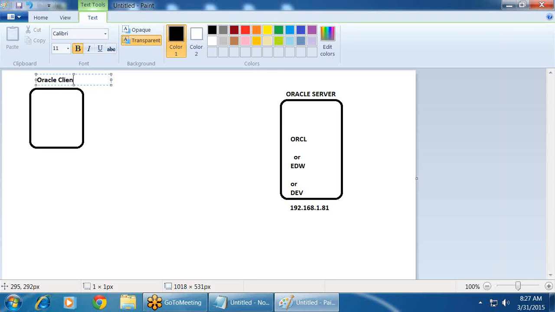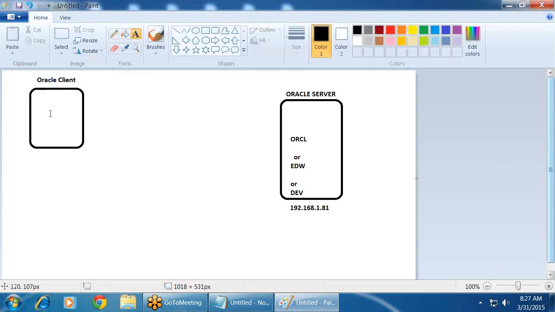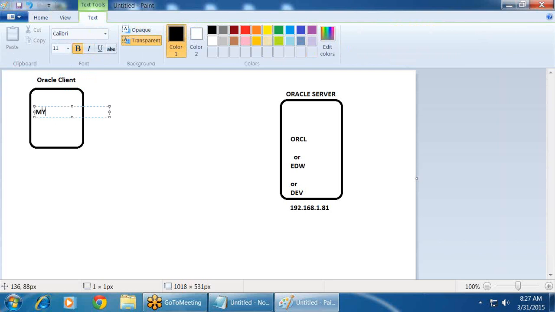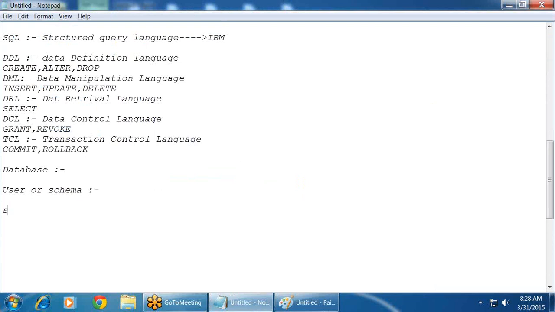So in order to connect to the server, first I'll install Oracle client on this machine. Whenever you install Oracle client, you get an environment called the SQL Plus environment. So what do you mean by SQL Plus? SQL Plus is an Oracle proprietary environment. When I say Oracle proprietary, you can execute only Oracle commands through that. You cannot execute SQL Server commands or Teradata commands. So it's an Oracle proprietary